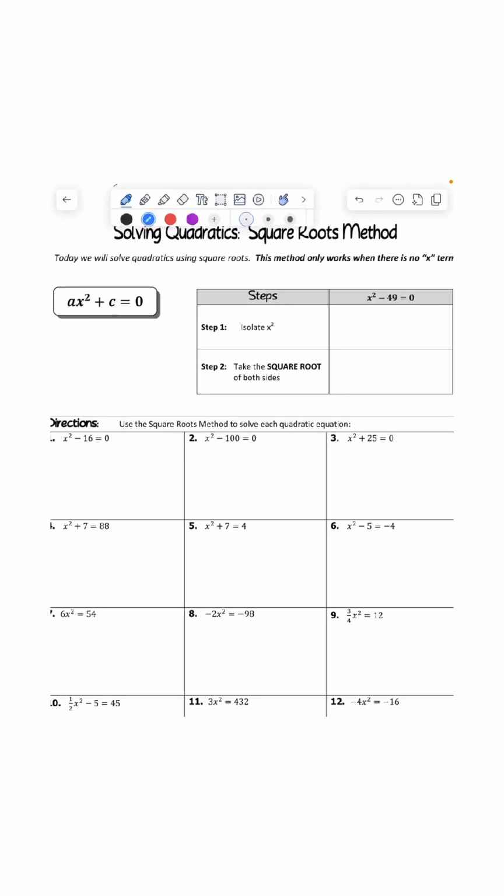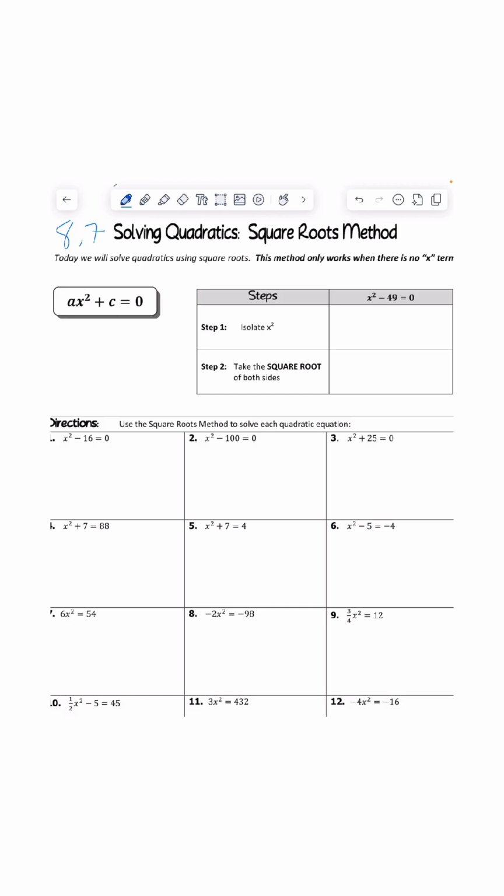All right, so section 8.7. We're solving quadratics using the square roots method. So we've been doing the factoring method, graphing method, quadratic formula, and now we're doing the square roots method for 8.7. My recommendation, which I'll show you again how to do, is always try the graphing method first. If that doesn't work, then go to the others